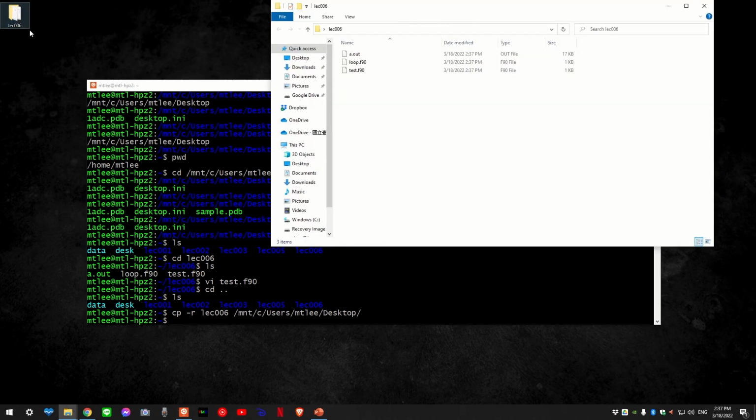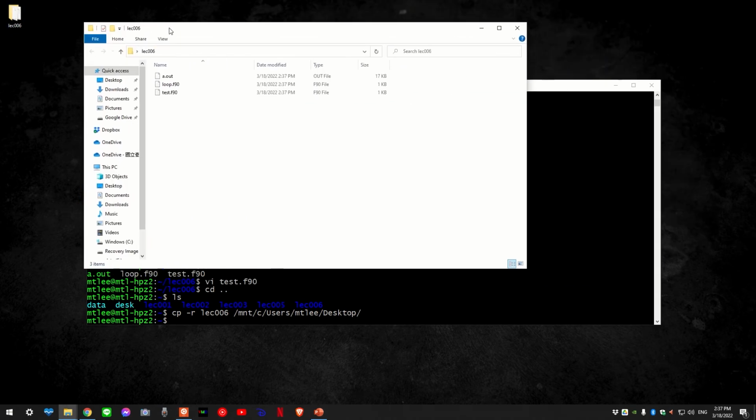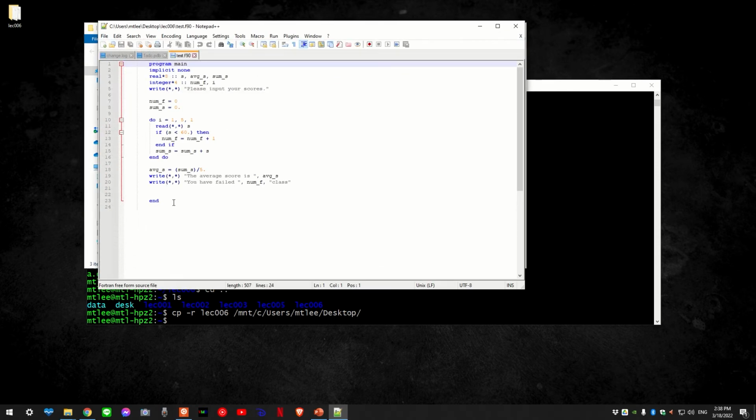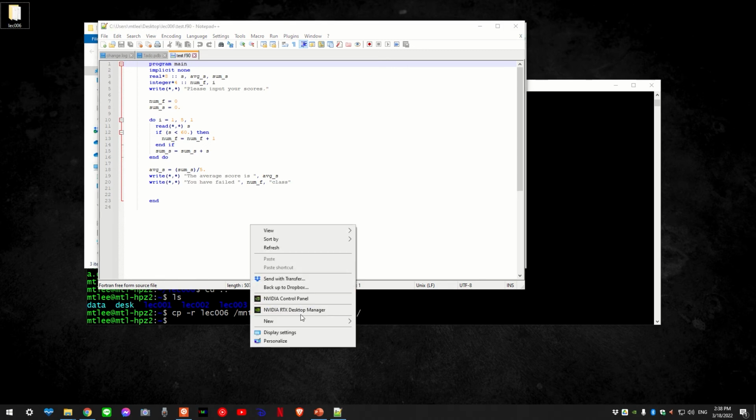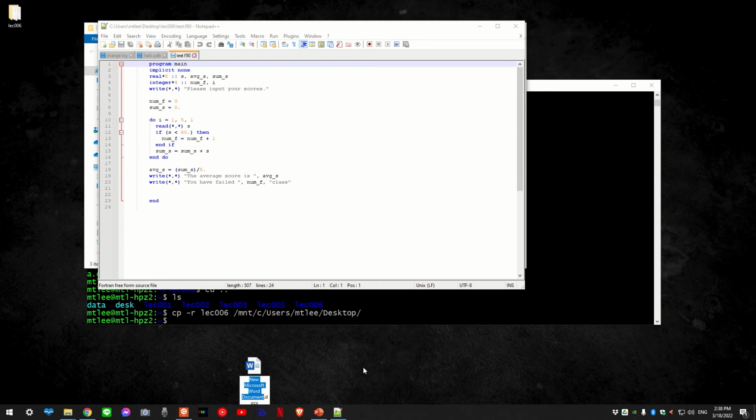See? That's how you can open it, right? You can open the file, even this is a Fortran program. You can use, say, Notepad++. See, this is how you can submit your homework to me, right? You can print this, or you can just type your homework.